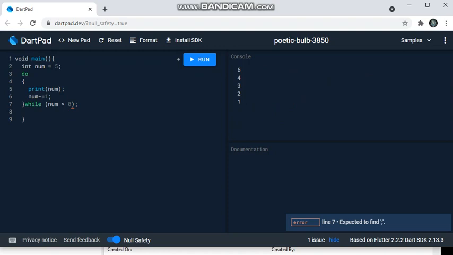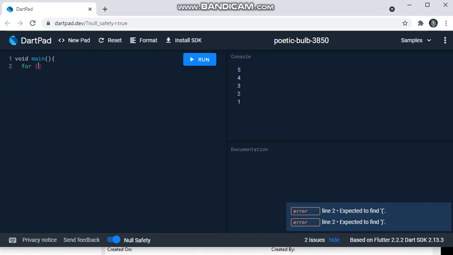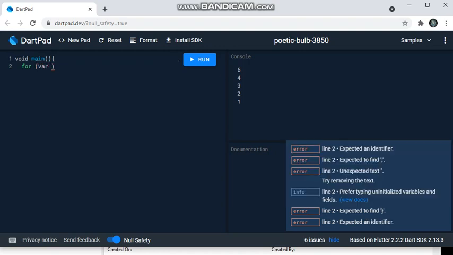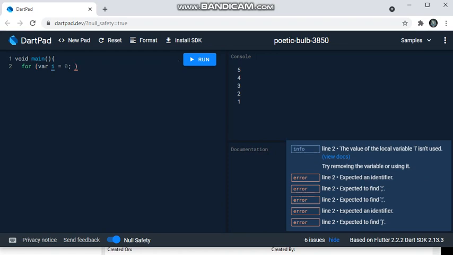Apart from the while loop and other loops, let's look at another one, which is known as break. Let's remove all this unwanted stuff. Now let's write for, with a variable I is equal to 0, which is the initial process.